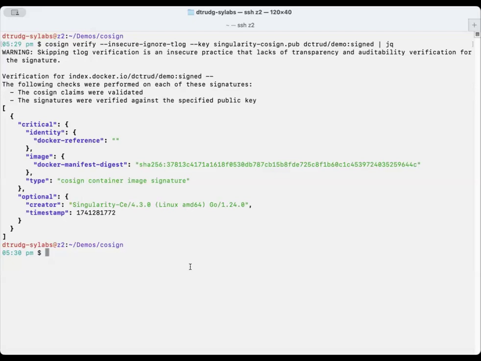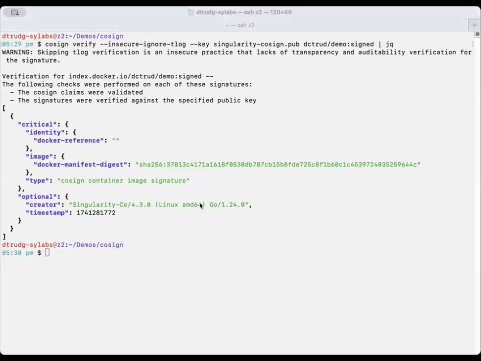The fact that there's no record in the transparency log doesn't invalidate the signature or make the signature insecure, but the Sigstore project has made a conscious decision that the additional security of having a public transparency log, which records signing events so that you are able to see when it was signed, the identity, and the timestamps on that, is something that should be a default. Singularity won't currently write into a transparency log. That's something that could be added in the future, but at present you need to either say verify